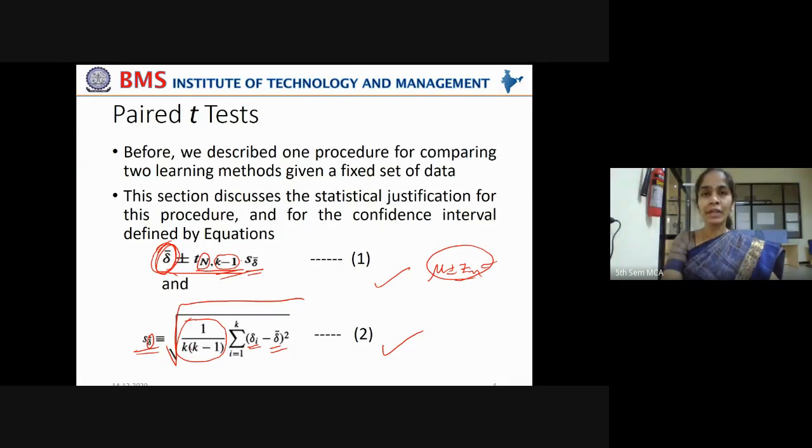Normally for average you take all the k partitions, but now you are also considering the k minus 1 term because one data partition is used for test set. So you can't distribute the error over that partition. That is why it is k into k minus 1. Got it, students? Now you apply square root over that. You will get the standard deviation S delta bar, the standard deviation of the mean errors.